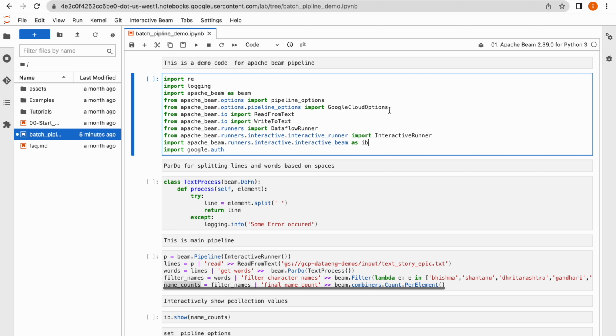Especially it will be very difficult to debug if you are not getting the expected output. You will have to again open up the code and go through each and every line, and data visualization is not that useful if you use our traditional options available like Cloud Shell or third party editors. But here, you can easily visualize and show intermediate data. In upcoming videos,